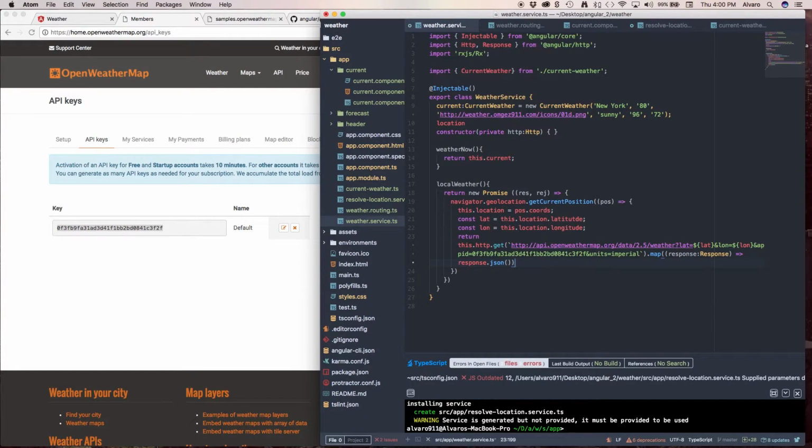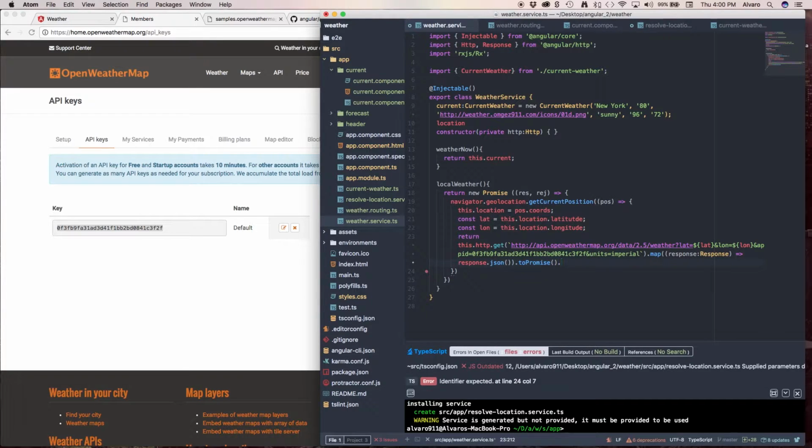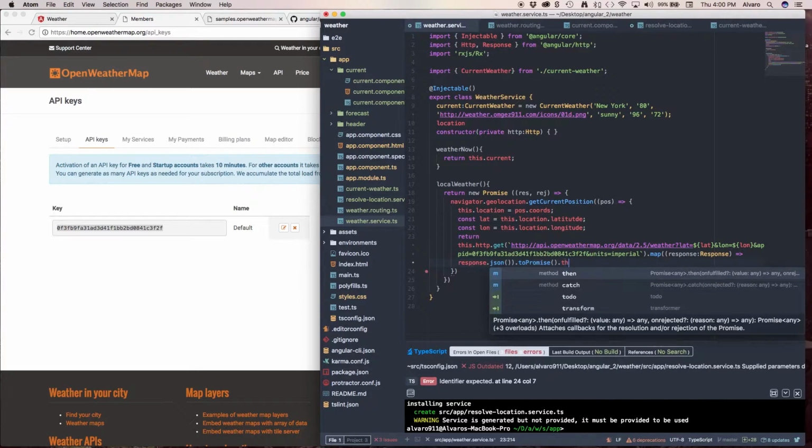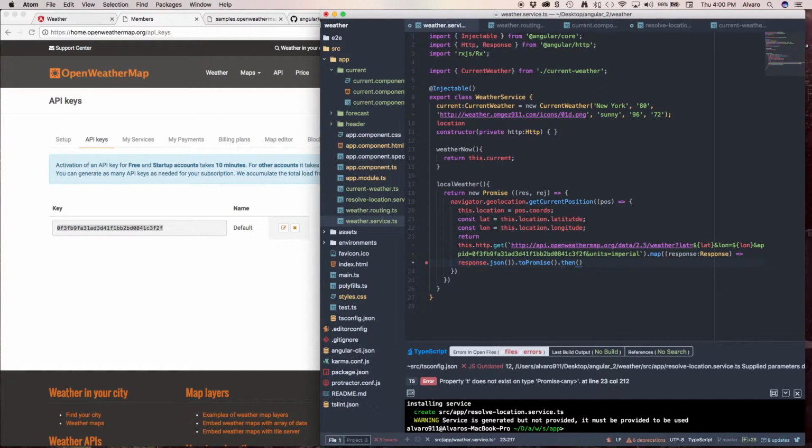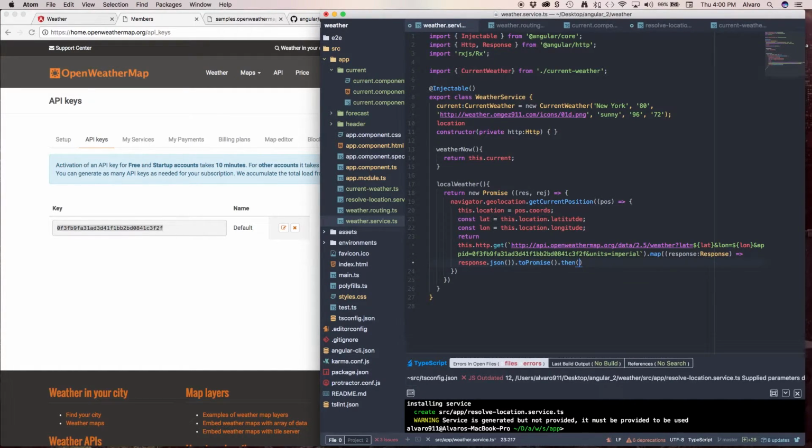Now the change is that instead of sending this to our component so we can subscribe to it, we're going to do a promise here. So we're going to turn this to a promise in this method, and then we're going to use the then method. Here we're going to pass the data,